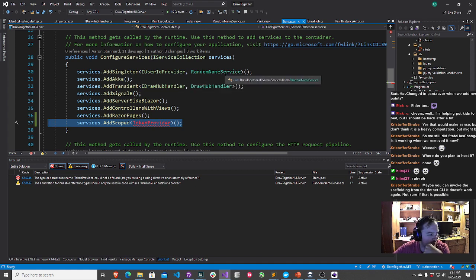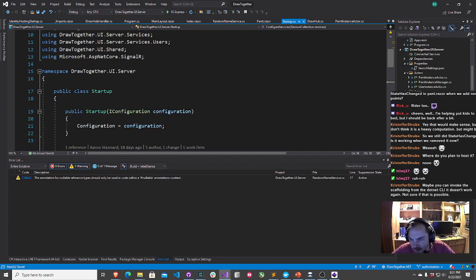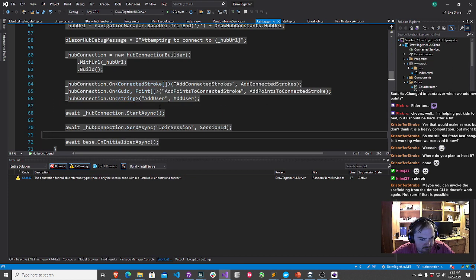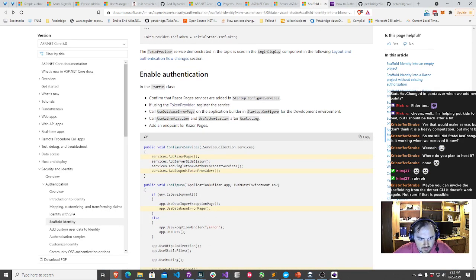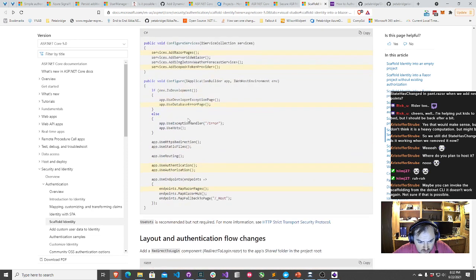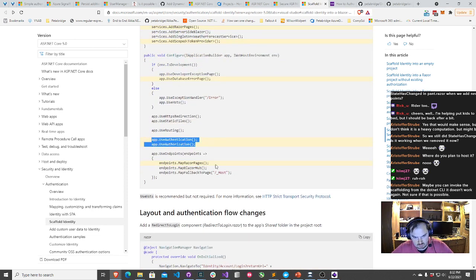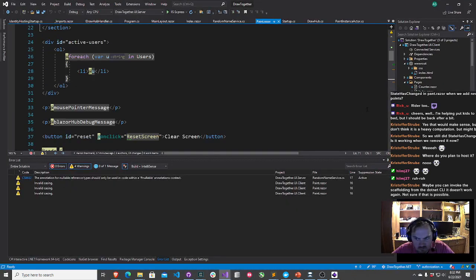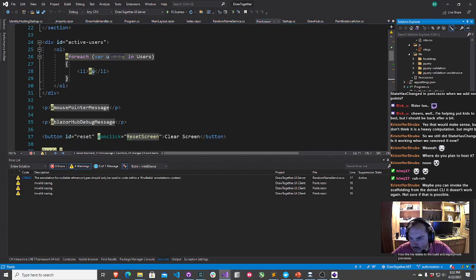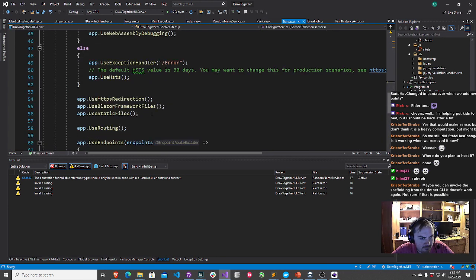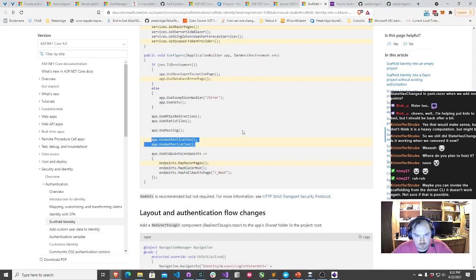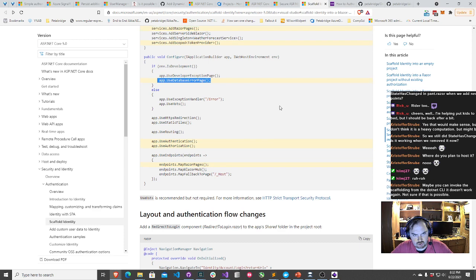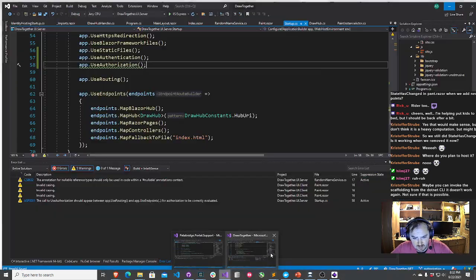I want to be able to go back to using our random name service, but I don't know if this will play nice with me. Let me go ahead and just say, let's see, if I go to paint for argument's sake, how do I go ahead and require authentication for this component? Call use authentication and use authorization. Map Razor pages. Okay, I can do that. Go to startup.cs. Got it. All right, that looks good. Use database error page. I think I needed to, so it says I need to add Razor pages up there too.